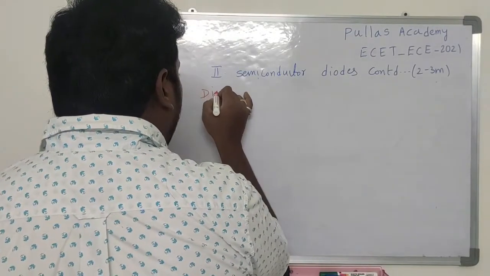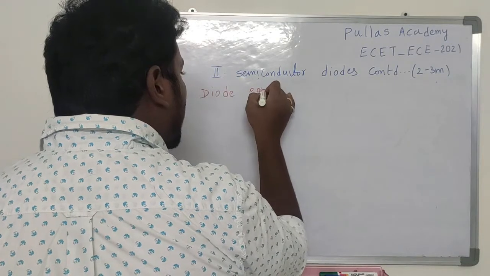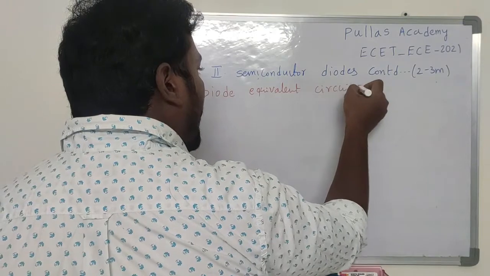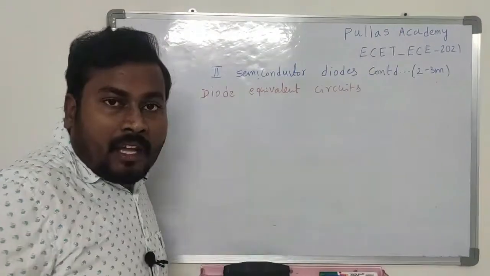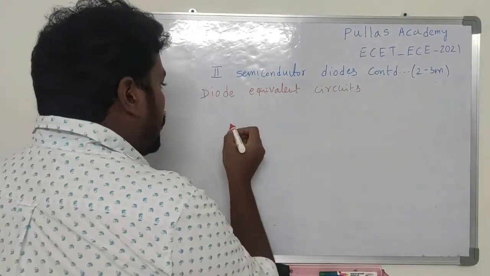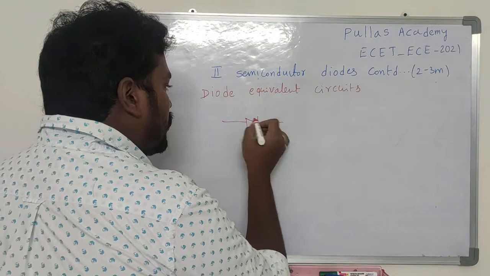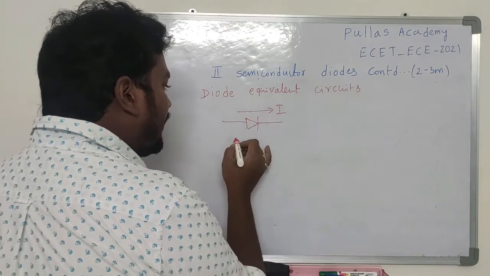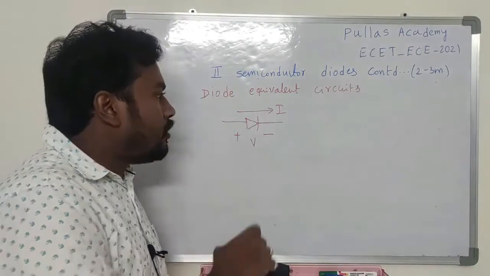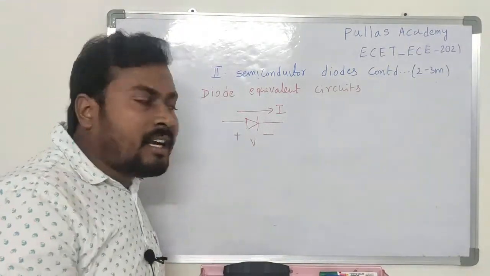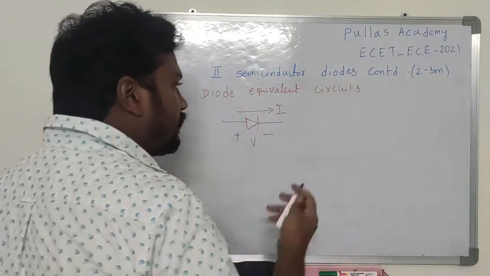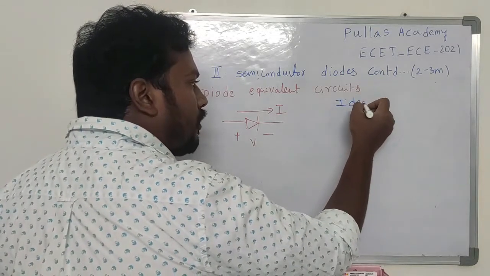Now let me discuss diode equivalent circuits. The current through the diode I am considering as I, and the voltage across the diode as V. So let me tell you, for an ideal diode,